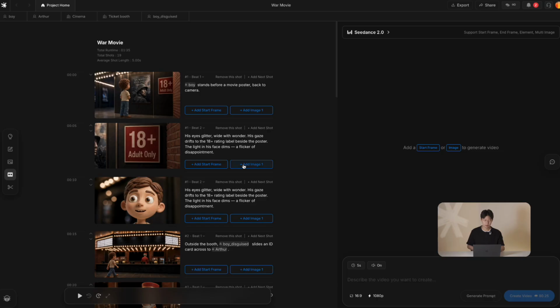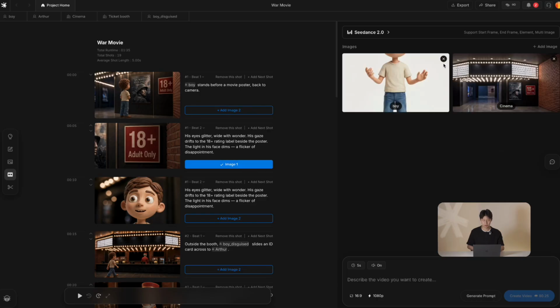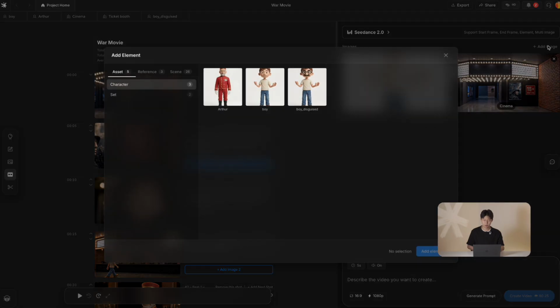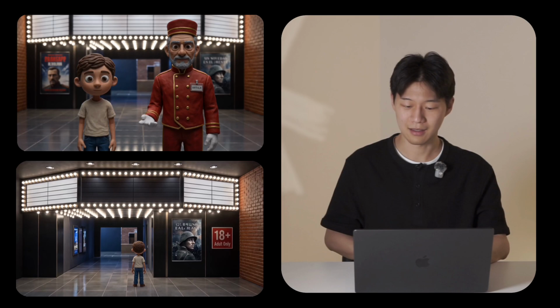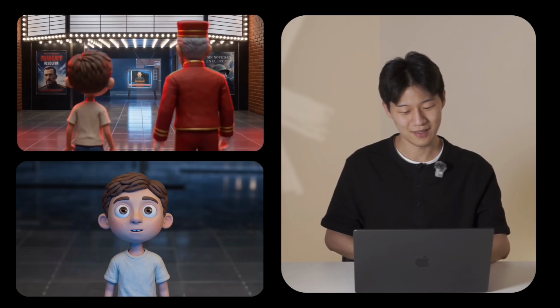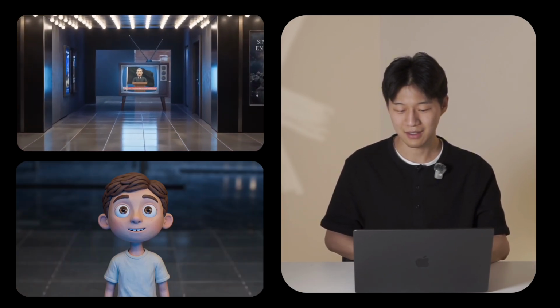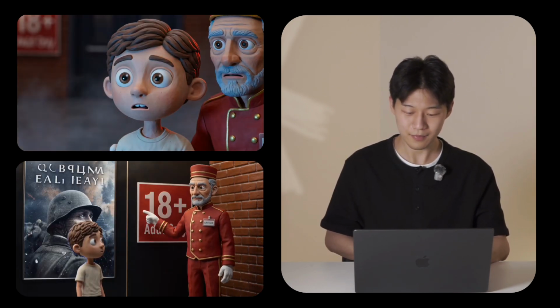You can also skip frames completely and just hand it your background and your character. It will compose the shot on its own. It's the fastest route, but it also has risk. You really have to nail your prompt. And things like positioning and consistency tend to drift. Here's an example I made with assets only. And as you can see, it's a little off.